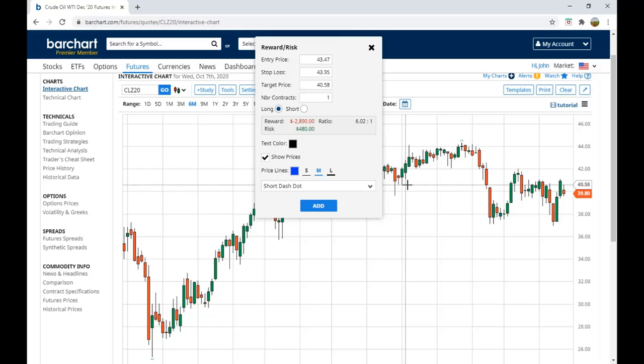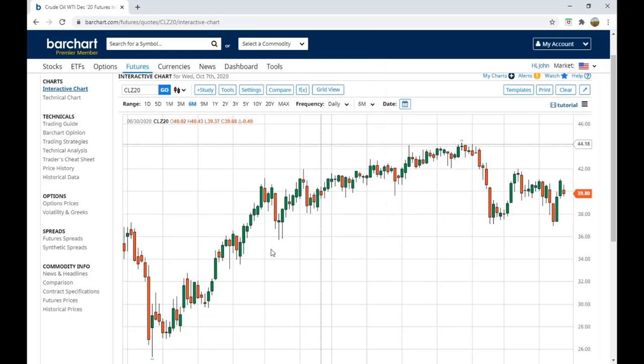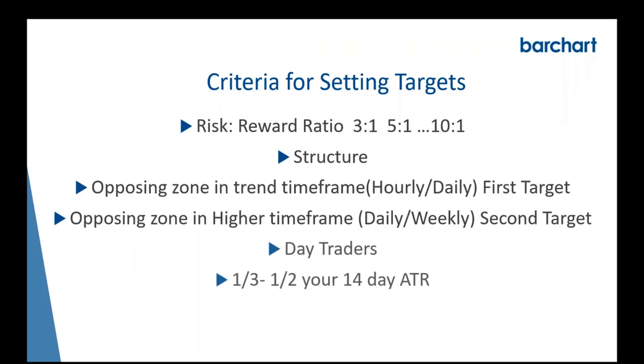Now this one does give me a 6-to-1. The path of least resistance. Now eventually what I could do is look for a larger path, maybe down here if I thought this trend was really broken. And if I did that trade as well, that would give me a greater risk reward. And that's what we're trying to achieve. We're trying to find these zones that are going to give us greater risk rewards. Okay, so